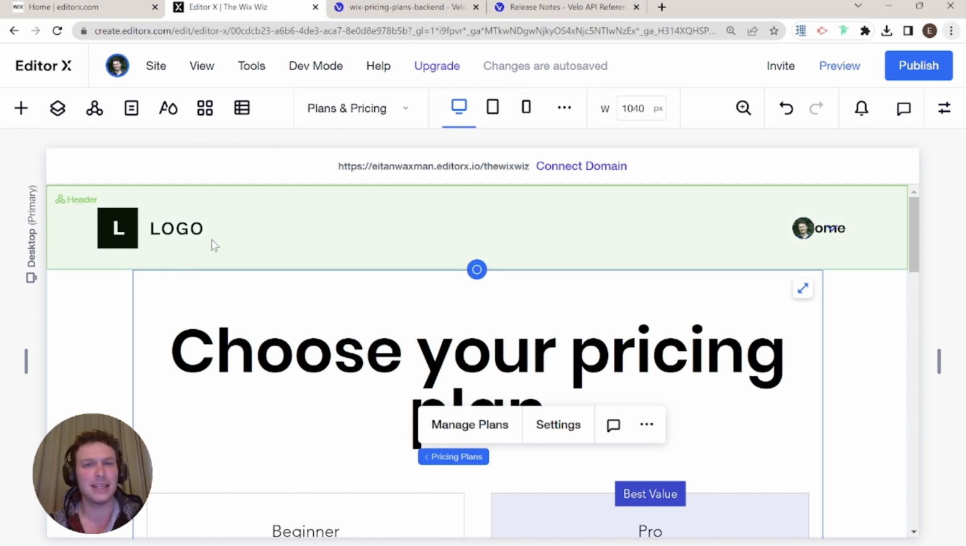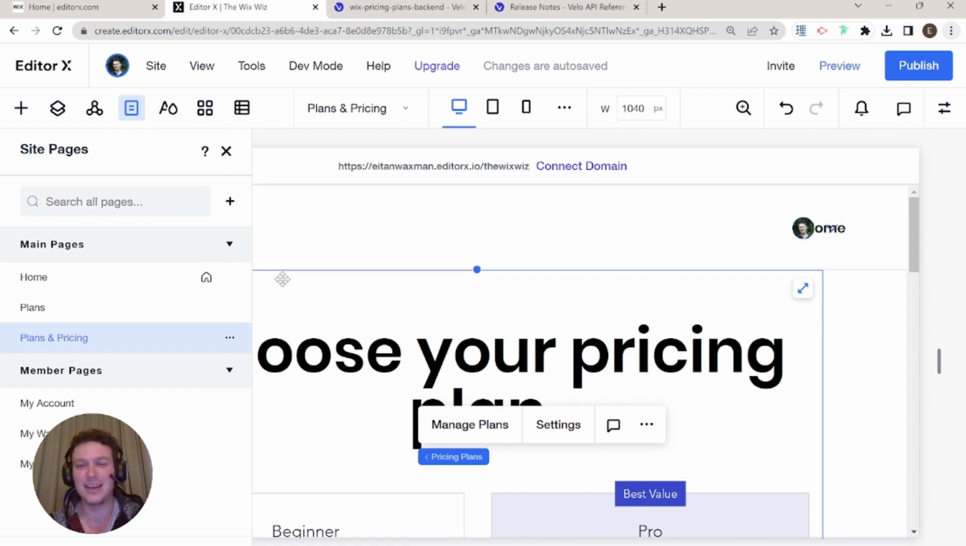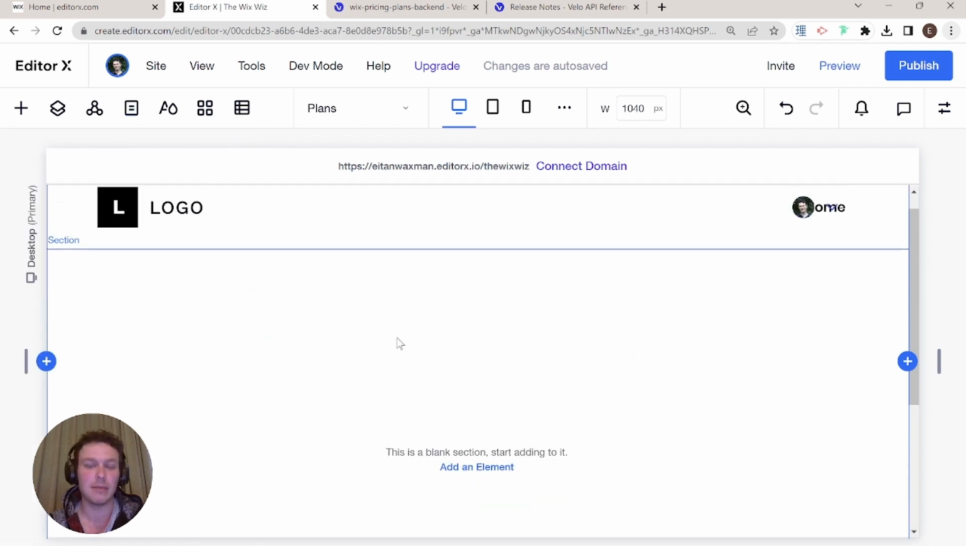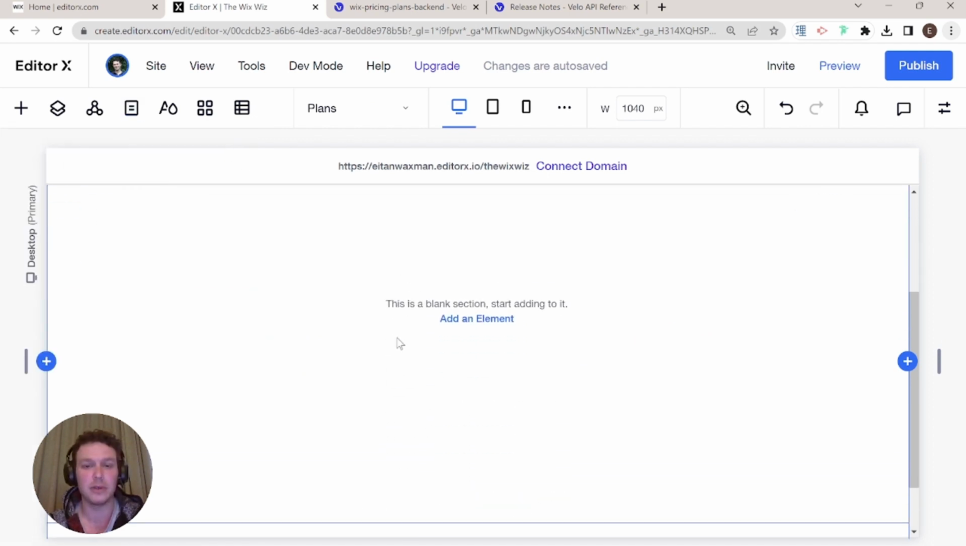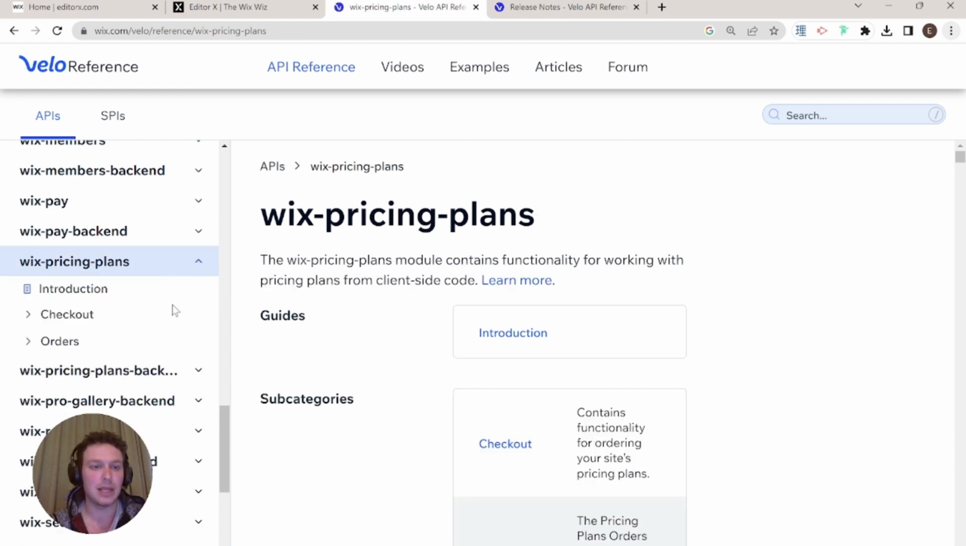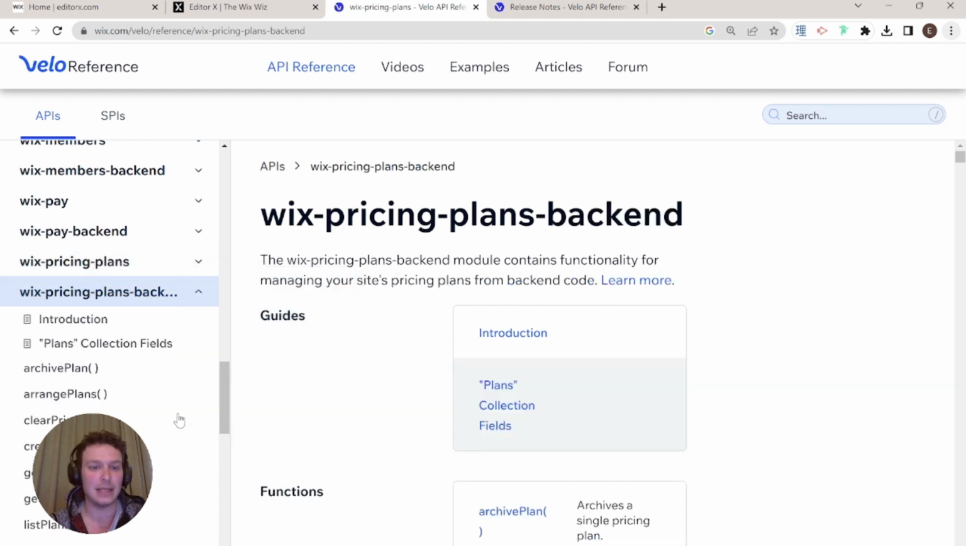pricing plans app, paid pricing plans app, whatever it was called. And I've also added a blank page here where I'm going to be creating my own pricing plans. And I'm going to be doing that using Wix Code. And right over here, I have the Velo reference open. So we're going to be using these two parts of the reference, the Wix pricing plans and the Wix plans backend. And this is actually a great point in time to be customizing your Wix pricing plans because Wix has